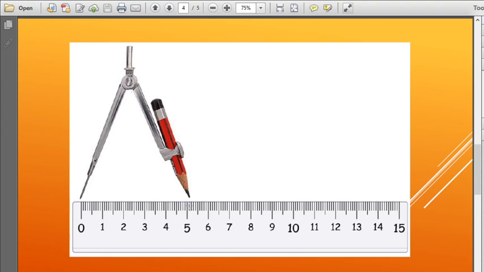If it is given that we have to draw a circle of radius 6 centimeter, then this arm will be extended to 6 centimeter. But the needle arm will be placed on 0 only. It is fixed that if we are measuring anything, whether it is a line segment or a circle radius, we always place the needle of the compass at the 0, or we can say the length is always measured starting from the 0. So this is how we can measure the length 5 centimeter.